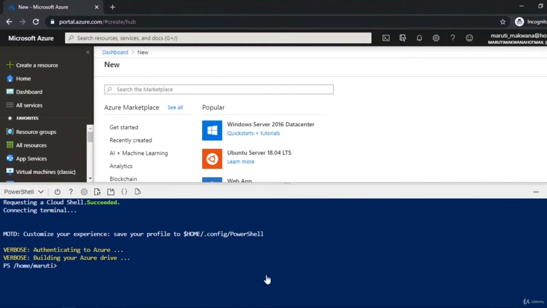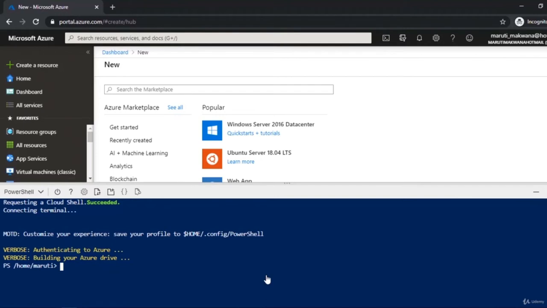Actually, there are a couple of things which you can do with PowerShell, but you cannot do directly in this portal, because ultimately this portal is nothing but a website which has some limited features available in the UI. But if you're dealing with Azure Cloud, almost everything you can do with PowerShell and the commands of PowerShell.